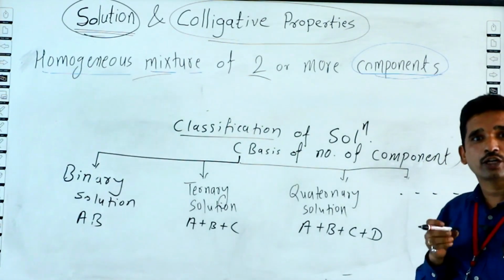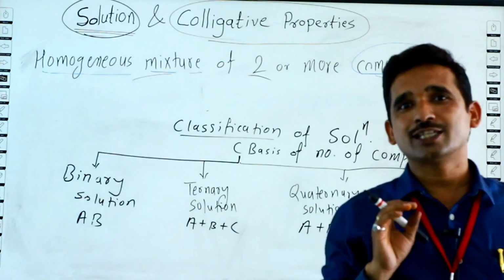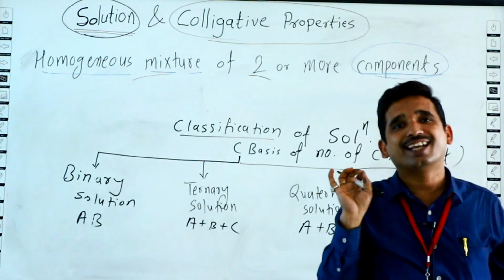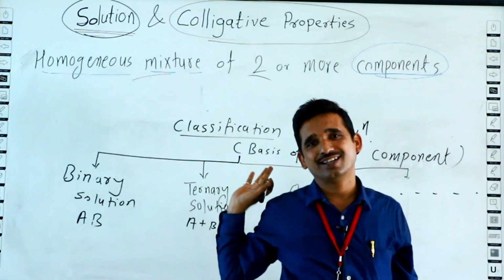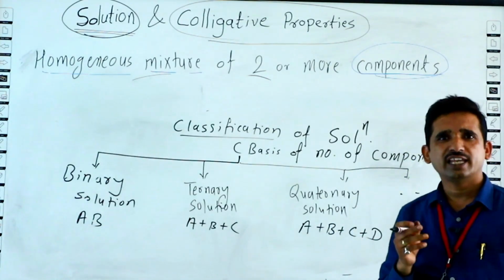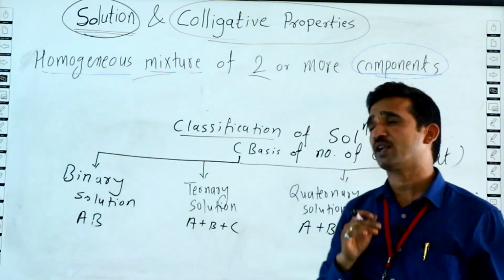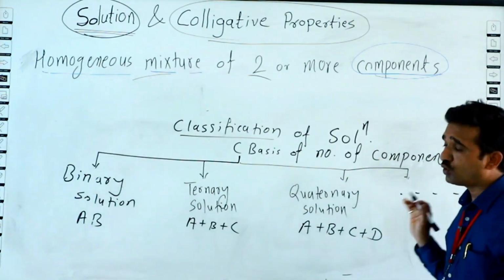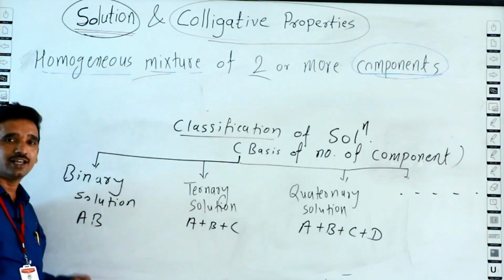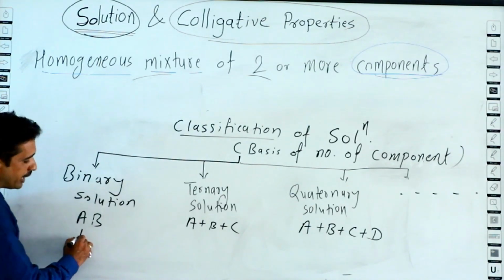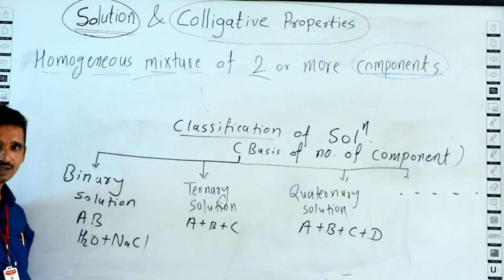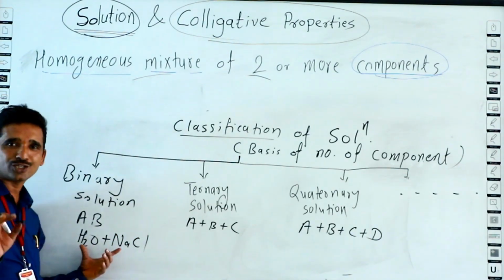एक आध बच्चा बोलेगा कि सी वाटर में NaCl plus H2O, but it is not correct. There are so many salts present in sea water: NaCl, KCl, MgCl2, so many sulfates, so many carbonates, nitrates वगैरह वगैरह. ठीक है. So first we discuss these three examples, and our daily life example is for a binary solution. Take some quantity of water, add some quantity of NaCl, then there is a formation of a binary solution.